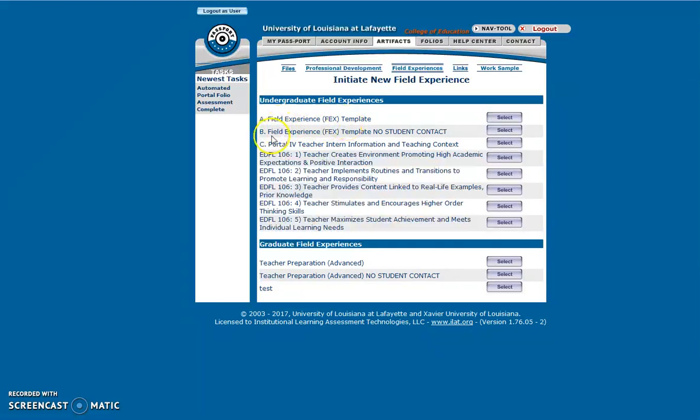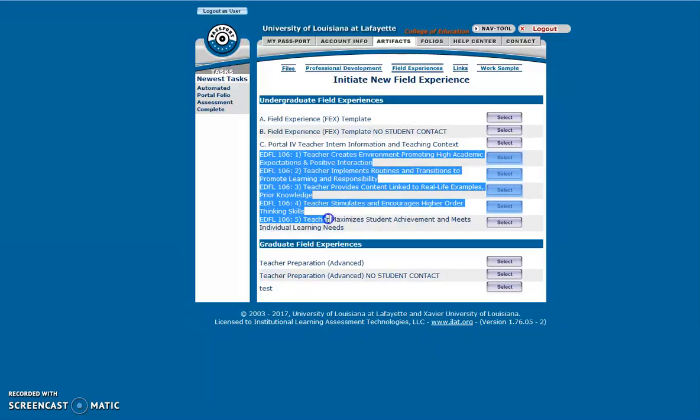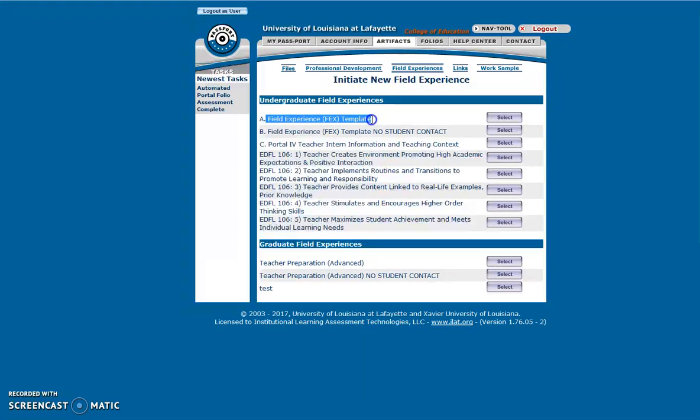Template A, Template B is no student contact, which means that you did not see nor interact with students, and then Template C is reserved for student teaching. The remainder of these templates are reserved for EDFL 106. So for this course, your 2 choices are Field Experience Template or Field Experience Template No Student Contact. Again, if you saw students, if you observed in a classroom or a setting where there was students, you'll need